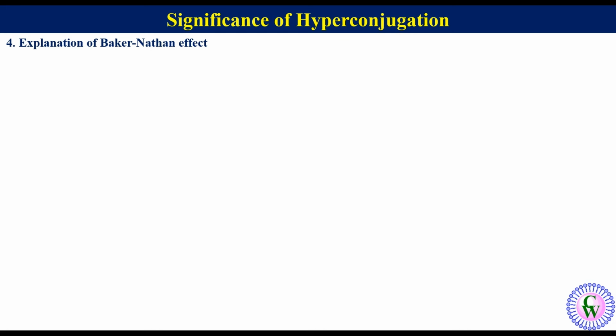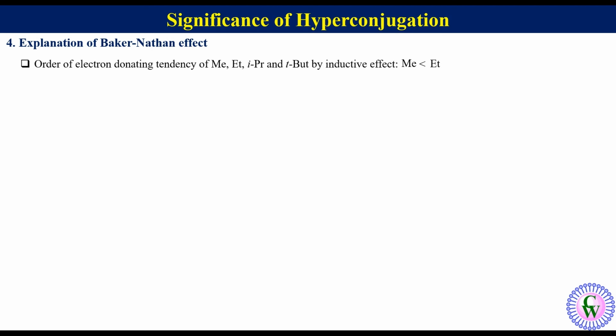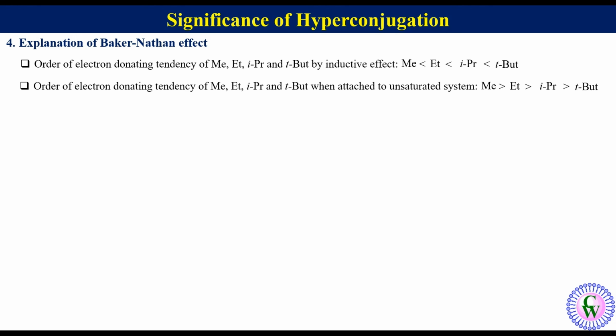Explanation of Baker and Nathan effect. Alkyl groups are electron donating in nature. The electron donating tendency of methyl, ethyl, isopropyl and tert-butyl groups by inductive effect follows the order: methyl is the least electron donating, ethyl is more electron donating than methyl, isopropyl is more electron donating than ethyl, and tert-butyl is the most electron donating. This order is reversed when they are attached to an unsaturated system. This is called